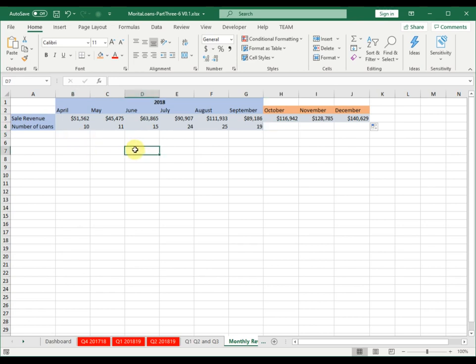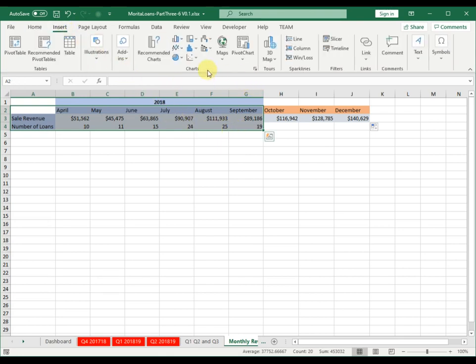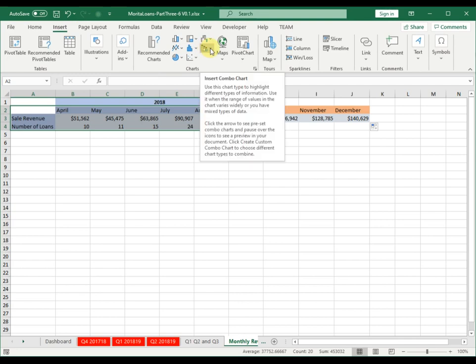So let's continue with the activity for creating a chart. What I'll do is create a combo chart, which means it'll contain both of these series of data. Both of these bits of data will be plotted on the same chart, right? So highlight from A2 to G4 and do Insert, and I'm going to do a combo chart rather than just